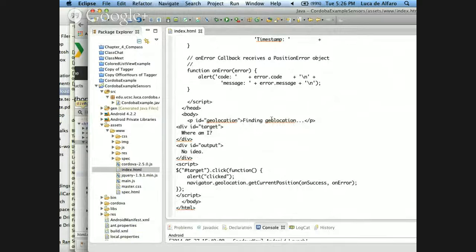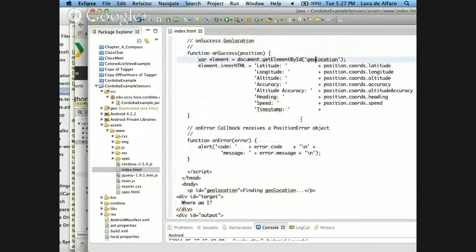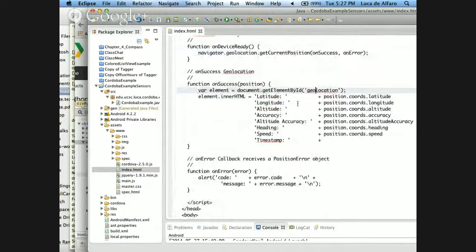So initially on the screen there will be this paragraph with the content finding geolocation. And then once the call to getCurrentPosition succeeds and calls onSuccess, I will get that paragraph, because I get the element that has an ID of geolocation.